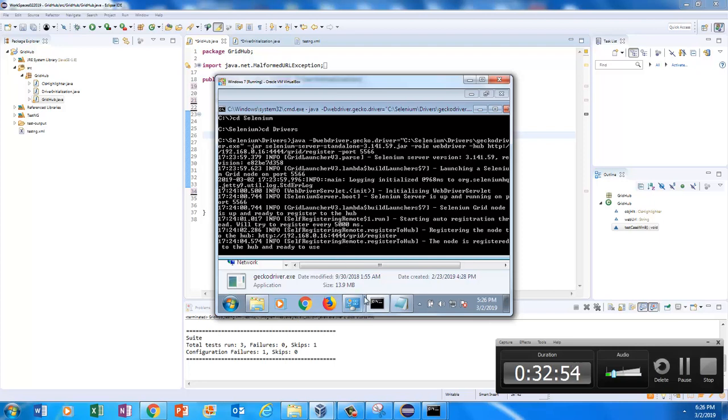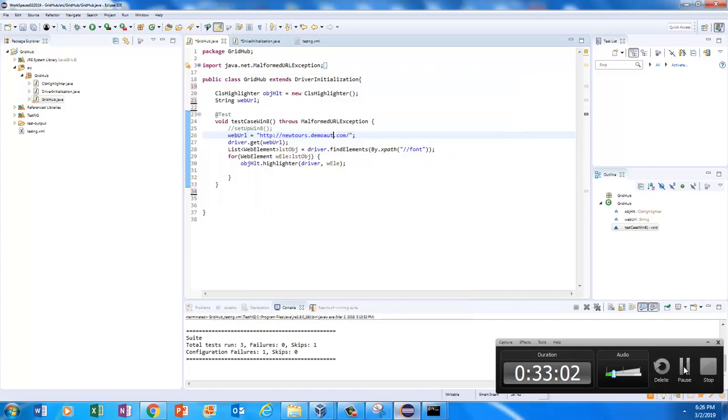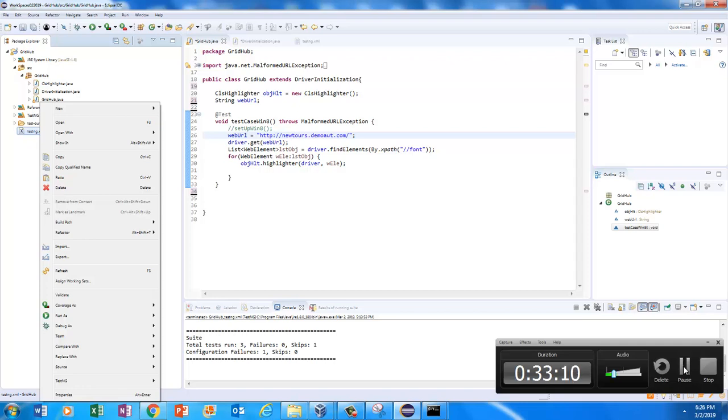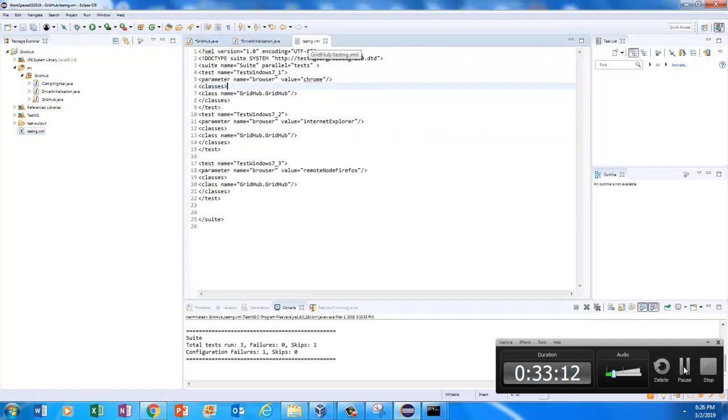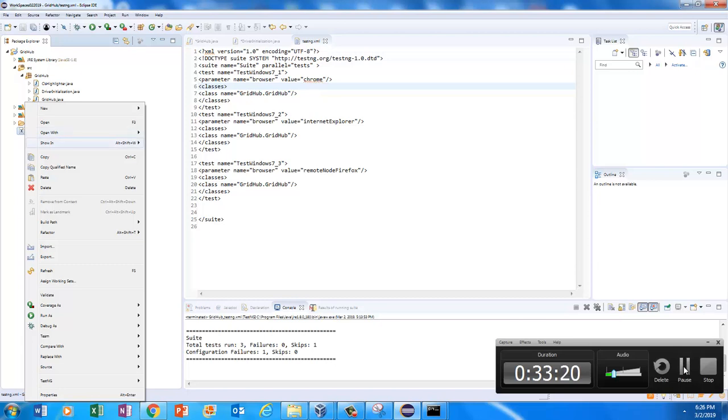Let's see. It might not be able to run the whole test, but at least it will be able to bring up the browser, I hope. Now you go to your test, and here, can you see testng.xml? You will be right clicking on this testng.xml where you have this configuration. This is the testng.xml, right? Where I'm saying run this test in 3 parallel instances, right? So now if you run it,